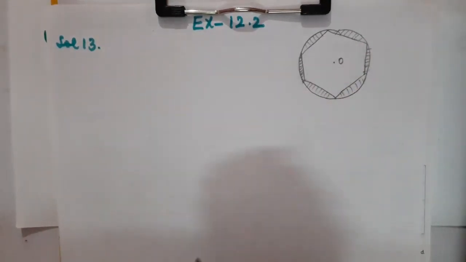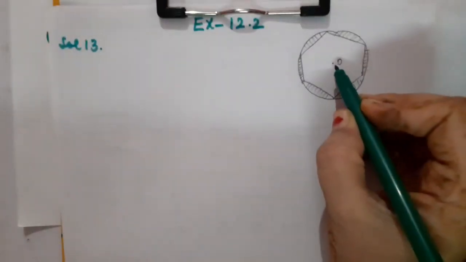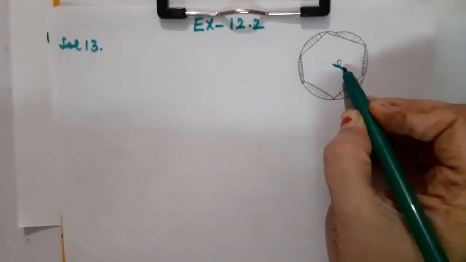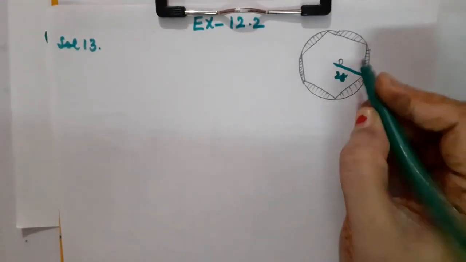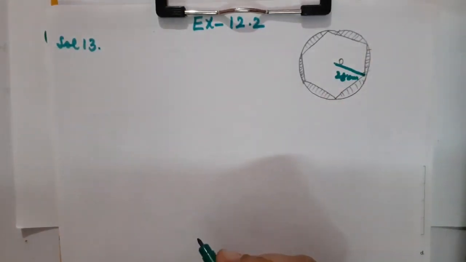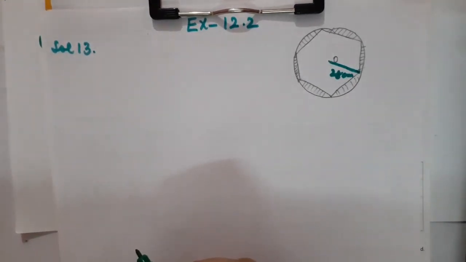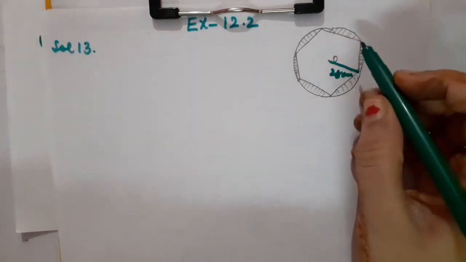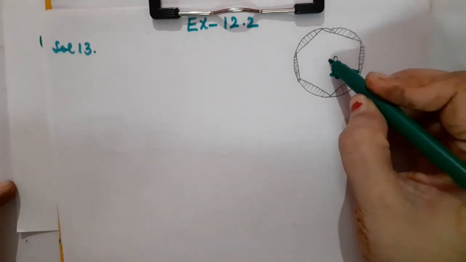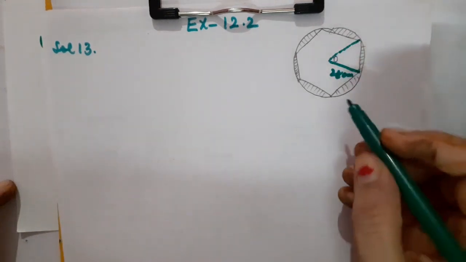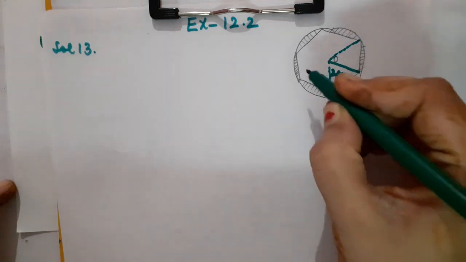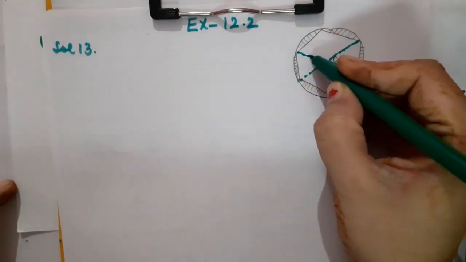If the radius of the cover is 28 centimeter. This is the radius which I am going to draw, that is 28 centimeter. Calculate the cost of making the design at the rate of 0.35 per square centimeter. Okay, so children, have a look. You can see that there is a circle with center point O and there are total 6 designs made. Look here, these are total 6 designs.